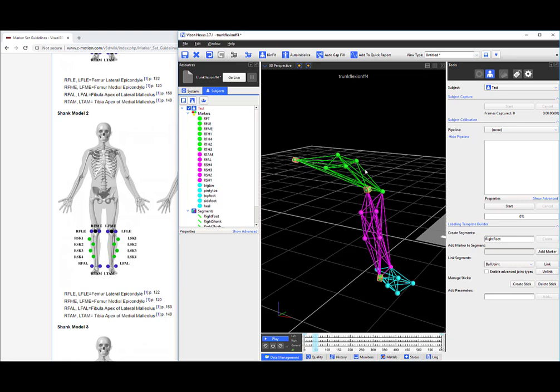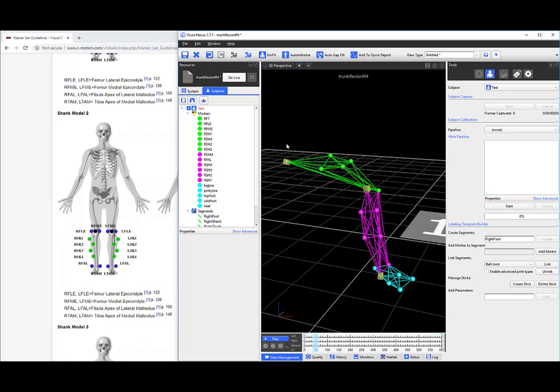So now VICON knows what these markers are, but this could mean anything to VICON. This could be a brick. This could be a block, right? VICON is still not sure what this is. It's still a stick to VICON. We have to tell VICON that nope, these segments are actually linked together and they're not just floating in space. So to start linking segments,